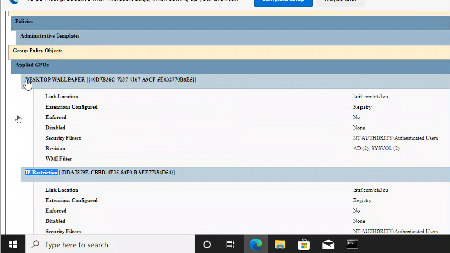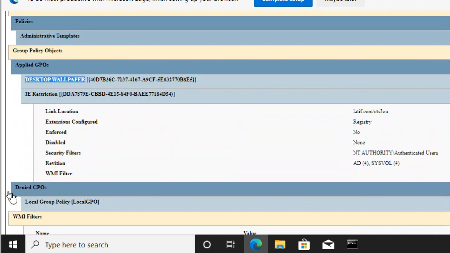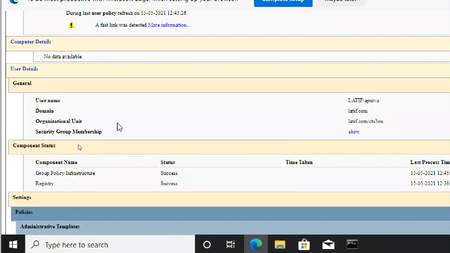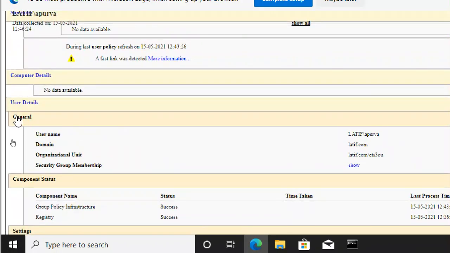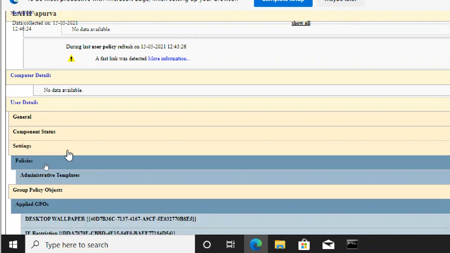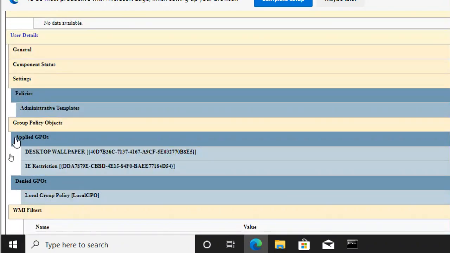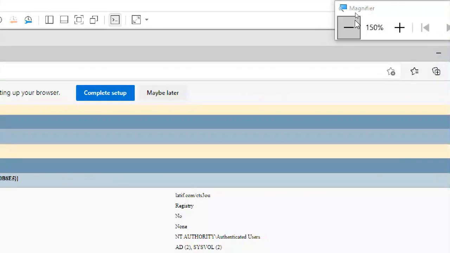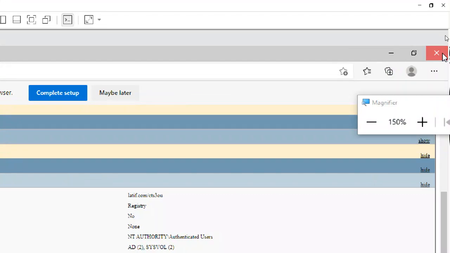So you got two policies on this user. See, it is desktop wallpaper and IE restrictions. Group policy objects wise, two policies are applied on it. So this is gpresult.